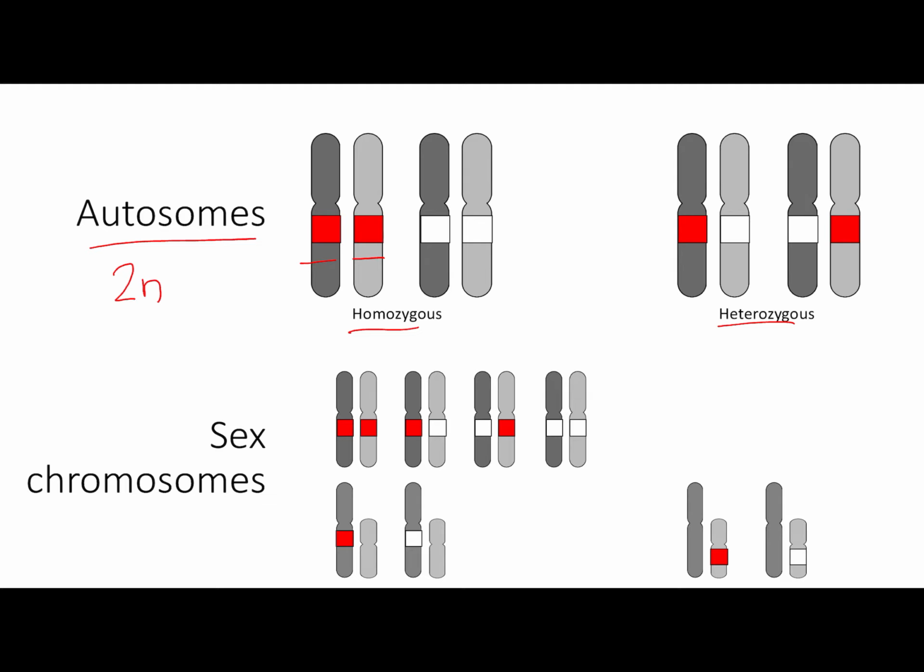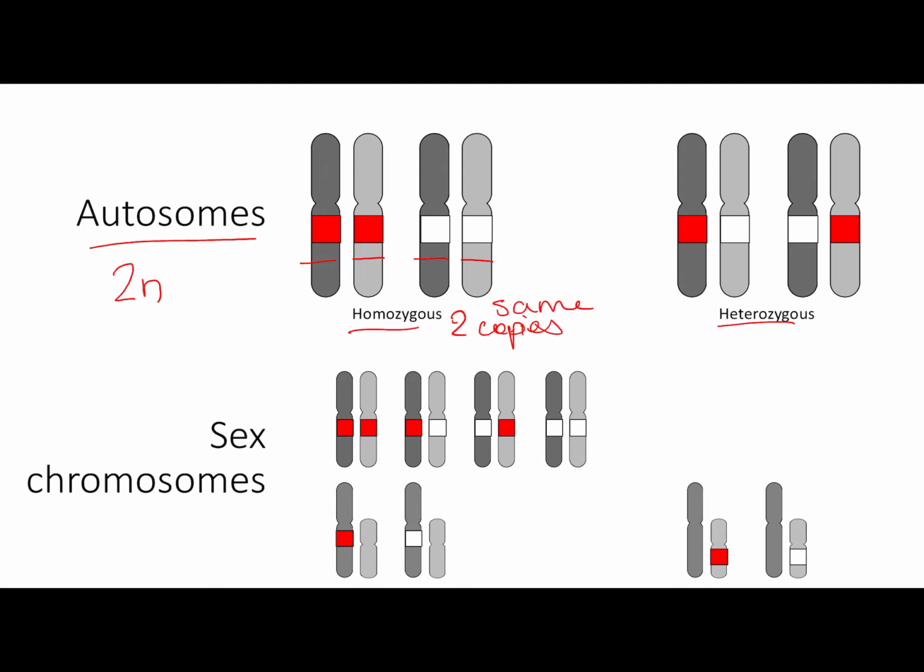So if you have red, then you have 2 versions of the same allele, and you are called homozygous for that particular gene. Homo meaning same, zygous referring to a gene. Same thing if you have white, you're still homozygous. So we could refer to these as homozygous red and homozygous white for the particular gene. In other words, just someone who has 2 copies of a particular gene, 2 of the same copy of a